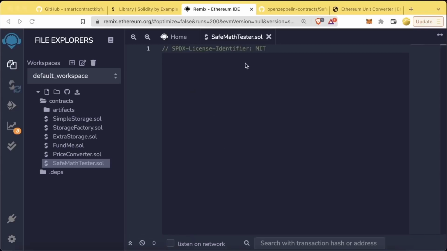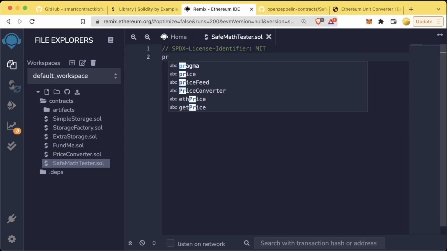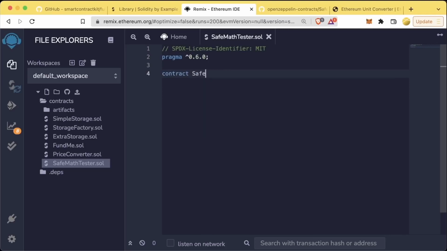Well, let's create a sample contract. This is a section that you don't have to follow along with if you don't want to code along with me, but if you want to, you absolutely still can. This is going to be a contract we are going to deploy on a JavaScript virtual machine. We can use any version of Solidity before version 0.8. So, for example, we'll use pragma caret 0.6.0, and we'll create contract